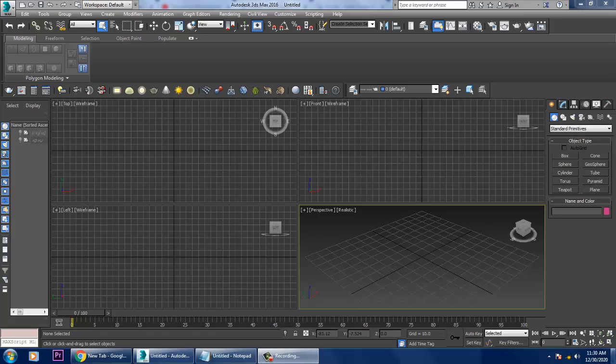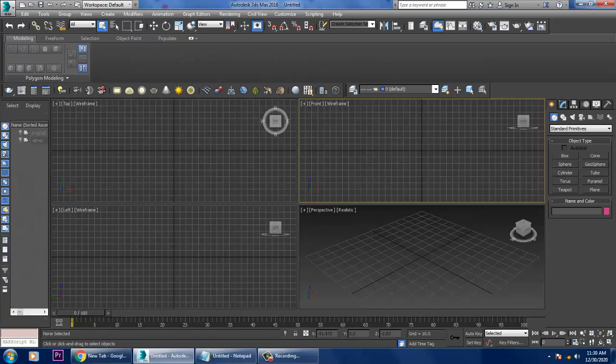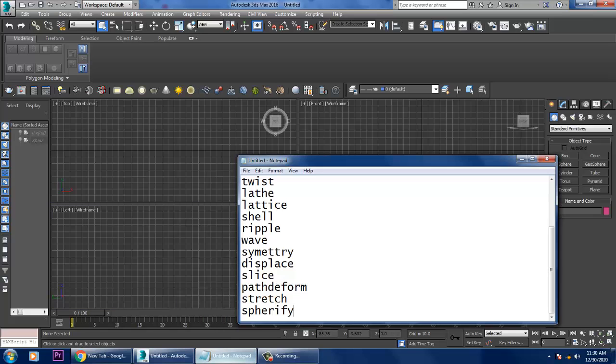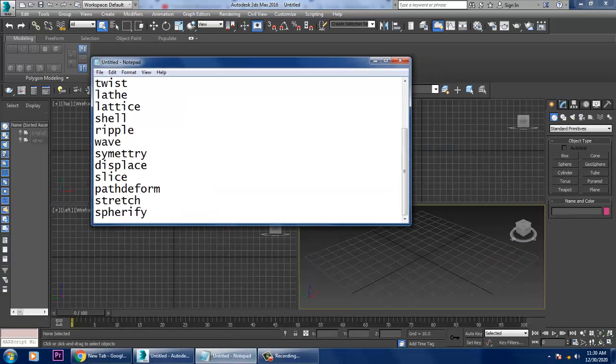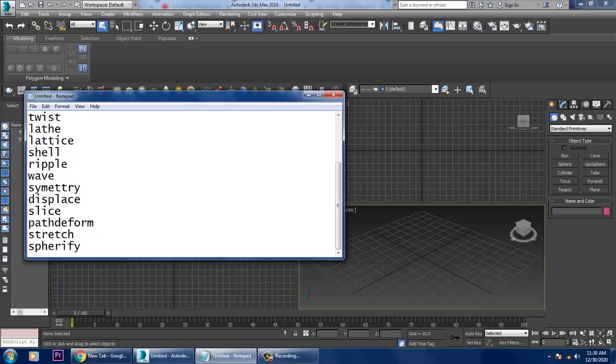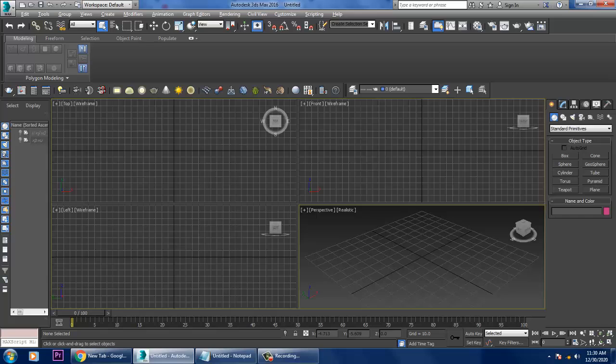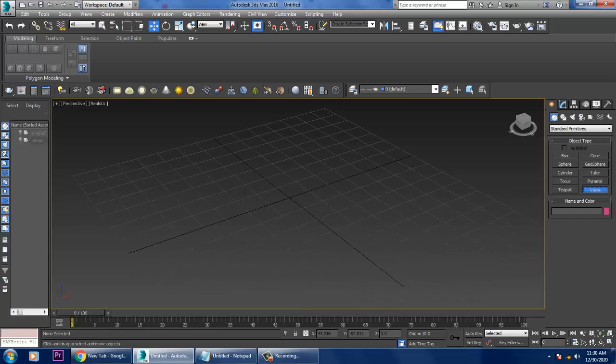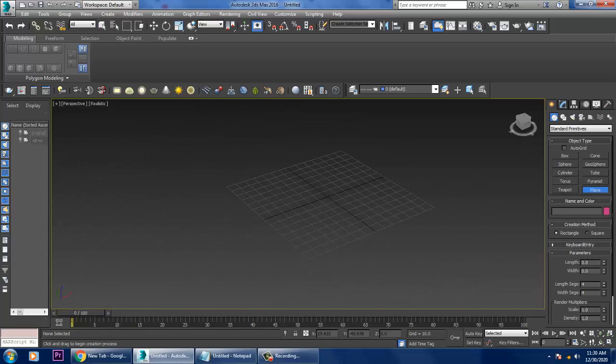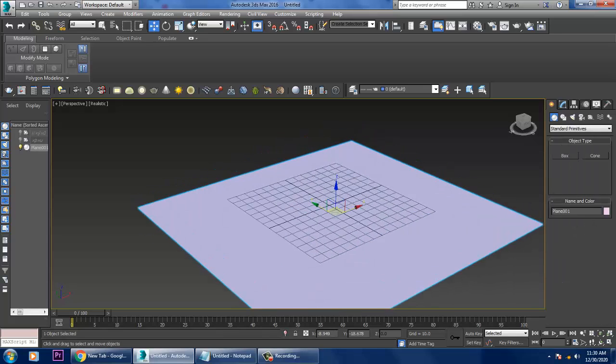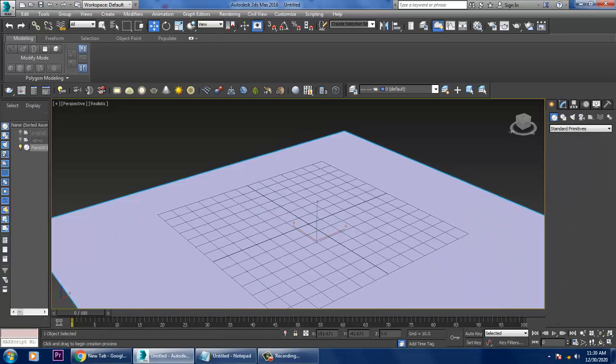So here I am continuing with the next part of this tutorial, that's working with modifiers. As you can see over here, we'll be going through one more modifier that is called a stretch modifier. How the stretch modifier works is, let's take a plane over here first for the bottom, and let's take a